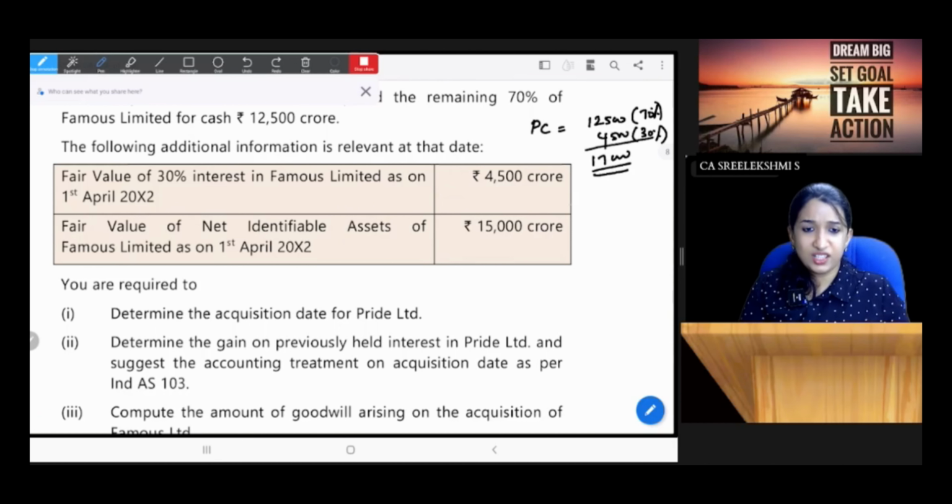So NCI, there is no NCI. How much is net identifiable assets? 15,000. So how much is goodwill? You paid more, and 2,000 is the goodwill. And